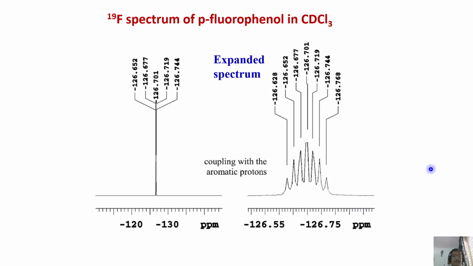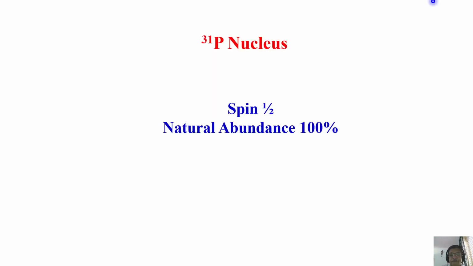Now each of these triplet line patterns is further split into a triplet because of that. So you should get a triplet of triplets, in principle 9 lines. We will try to understand: 1, 2, 1, one triplet; 1, 2, 1, one triplet; 1, 2, 1, one triplet. So all three triplets are overlapped here, and this is the fluorine spectrum. If you analyze this, you can get which is the larger triplet and which is the smaller triplet. You can get the coupling of fluorine to the ortho protons and also to the meta protons. Very easy. Okay, this is a simple fluorine spectrum.